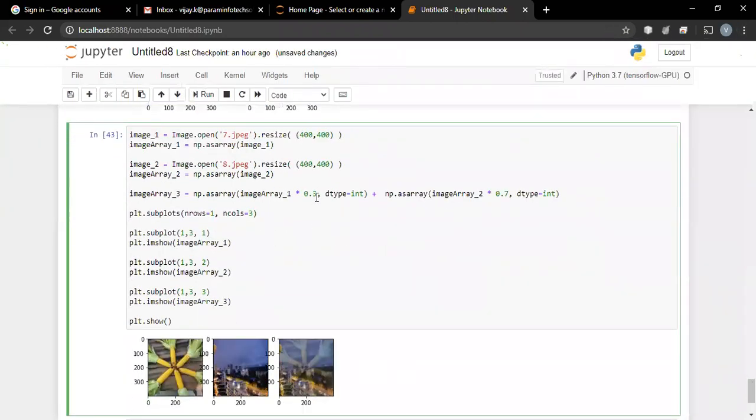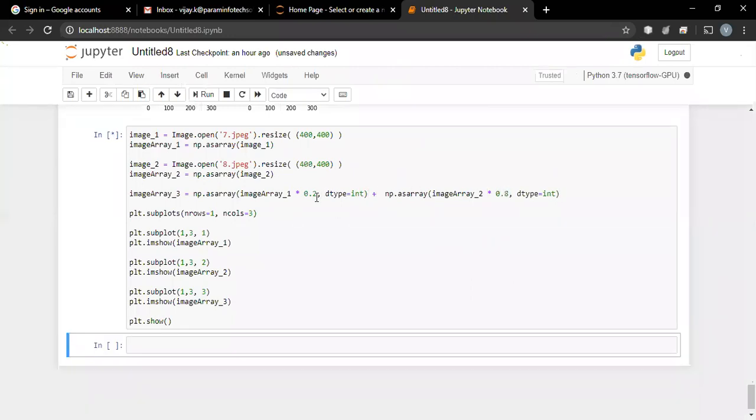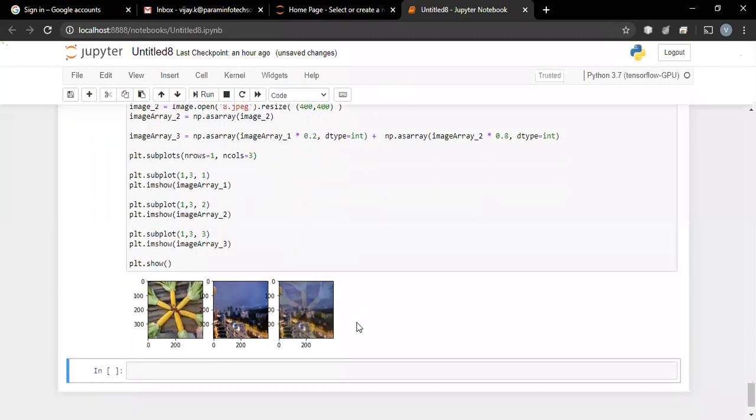Instead of 30% weightage, I want to give 20% weightage to the first image and 80% weightage to the second image, and so on. So basically, while adding the images, we can give different weights to the images and get different results.